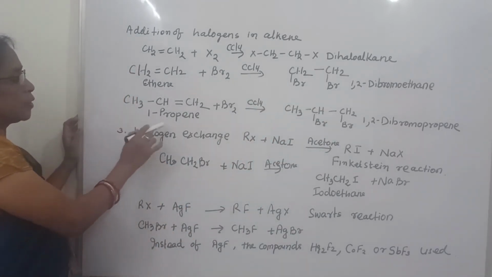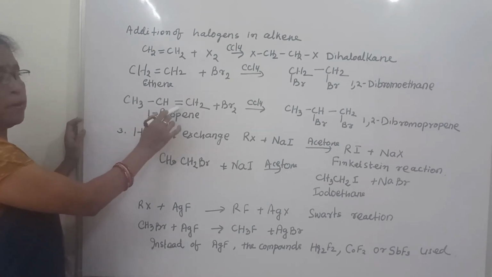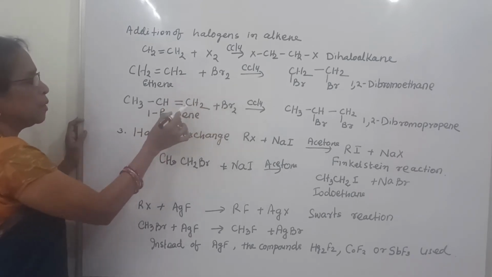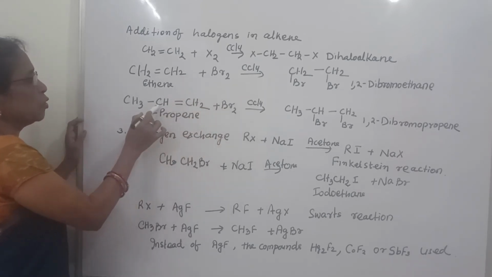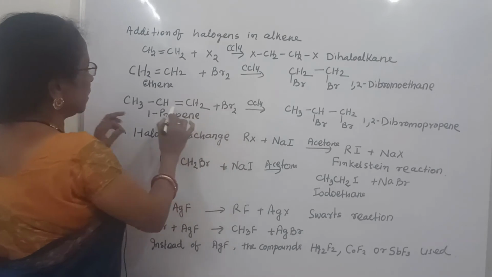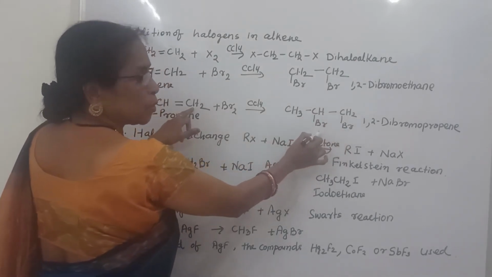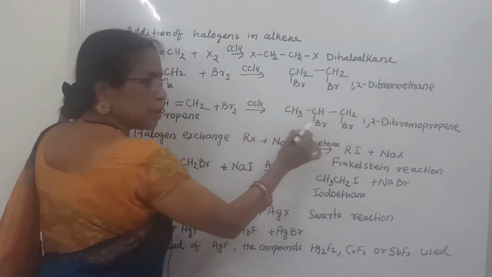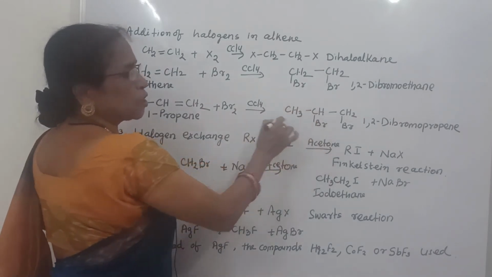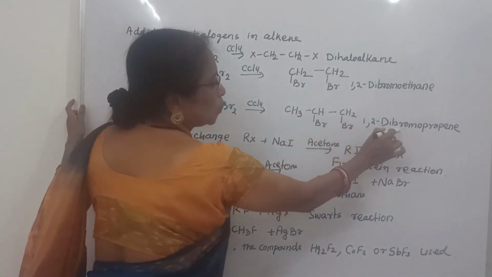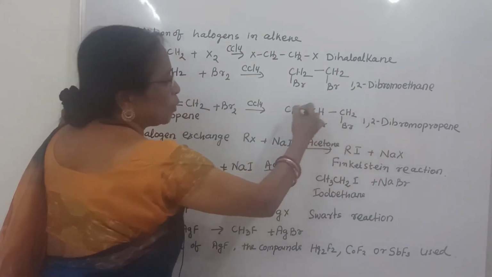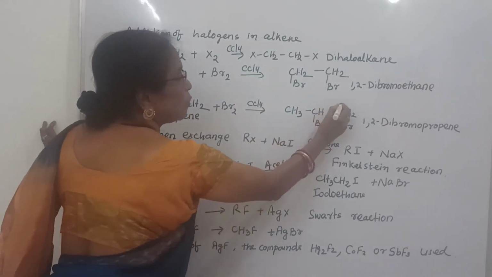1,2-dibromoethane. Now if it is 1-propene, then see here the double bond. Where is the double bond? Between this and this. Here one bromine should be added, and other bromine should be added here. Addition means that it will be added across the double bond. So here one bromine, here also one bromine is added, and now it is the parent propane. In propane, first position there is bromine, in second position there is bromine, so it is 1,2-dibromopropane.